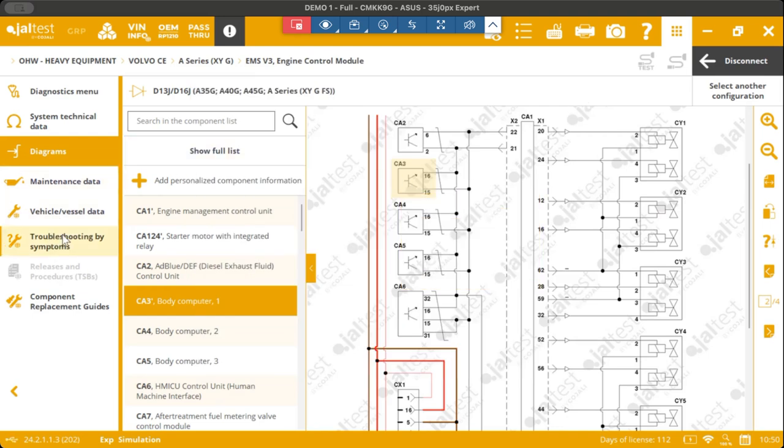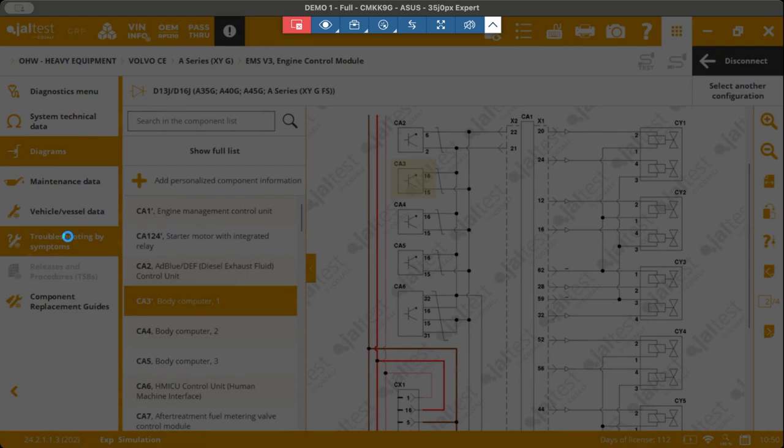Also on the left side, like I mentioned, there's troubleshooting by symptoms. This is a very helpful tool for your mechanics that are new. It will help them